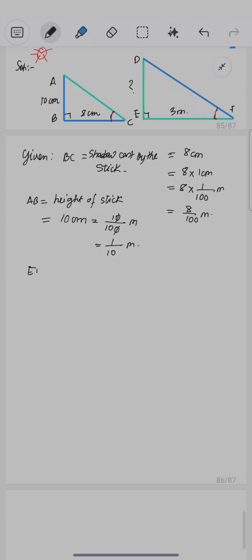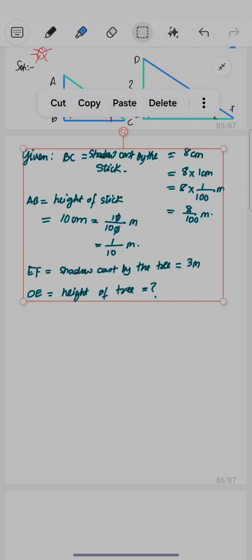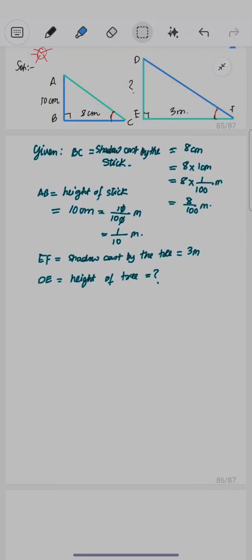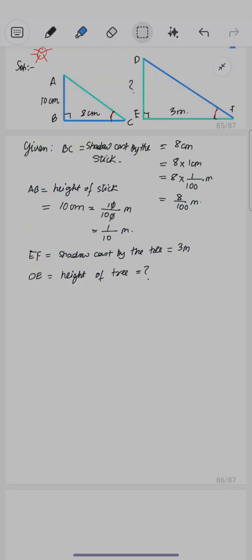EF is equal to the shadow cast by the 3, which is 3 meter. DE is the height of 3. Now,